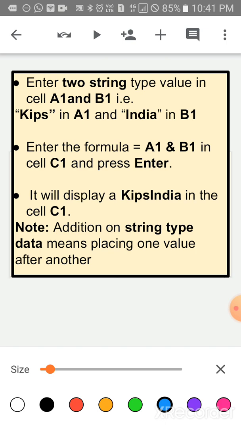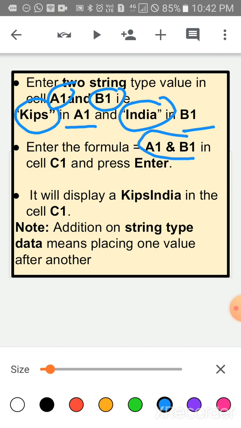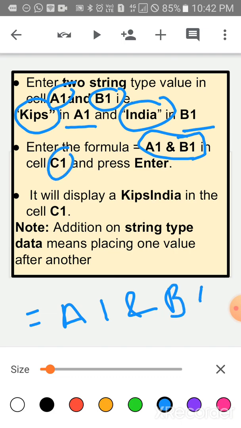Now children, enter two string type values in cells A1 and B1. Write down KIPS in A1 and India in B1. Enter the formula A1 and B1, is equal to A1 and B1, in cell C1, and then press enter.